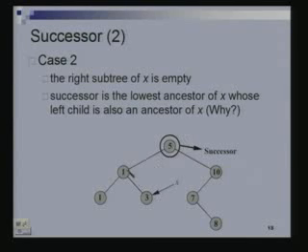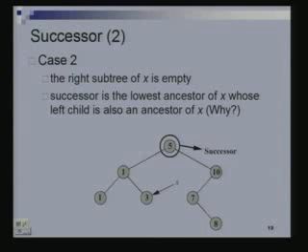So you went up to here, but note that this is in the right subtree of this node. Then you went to its parent, and here you found that 3 is in the left subtree of 5. Right? So you'll stop here, and this becomes the successor. So you understand the procedure, but why is this procedure correct? Because